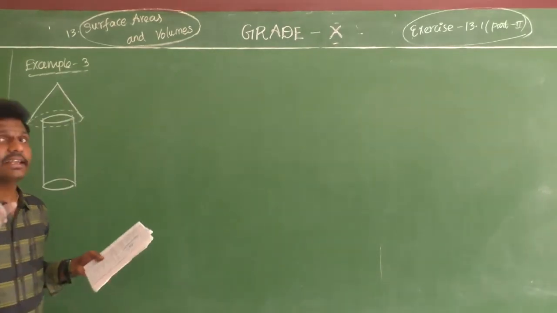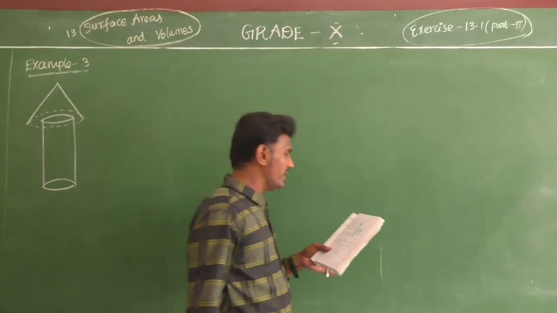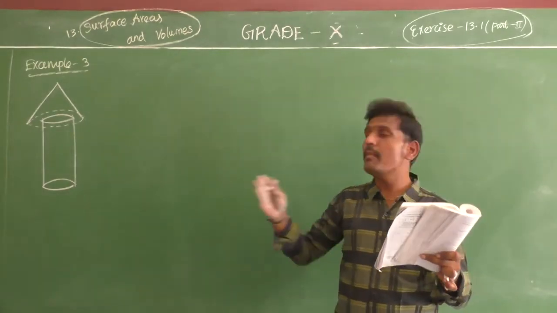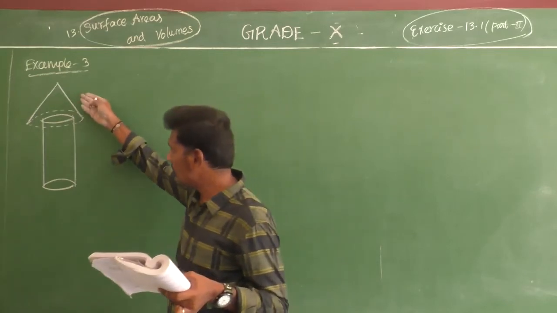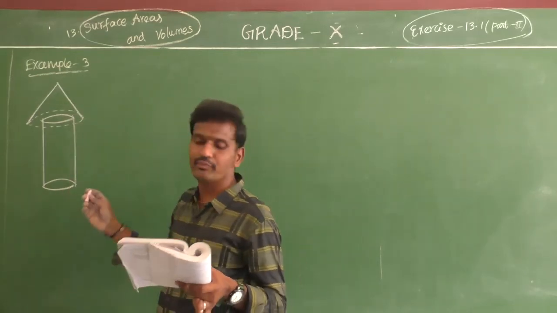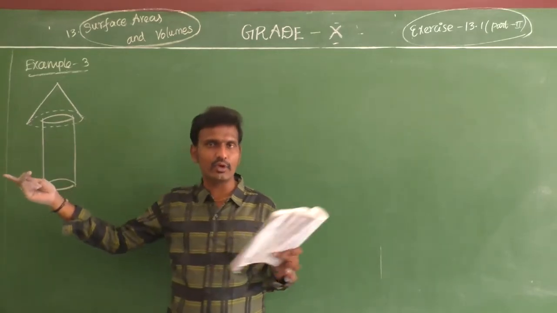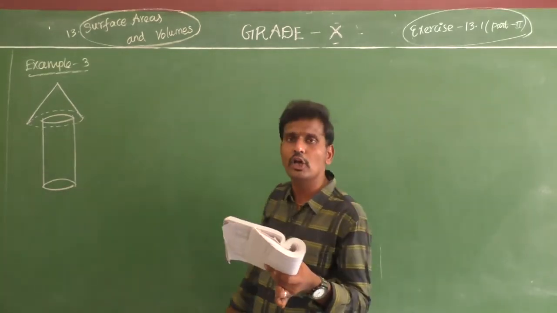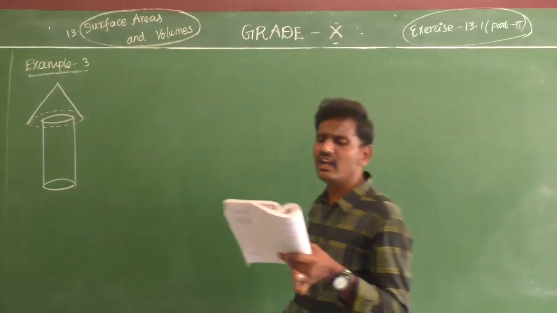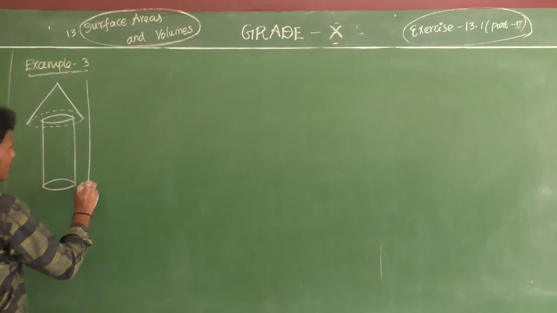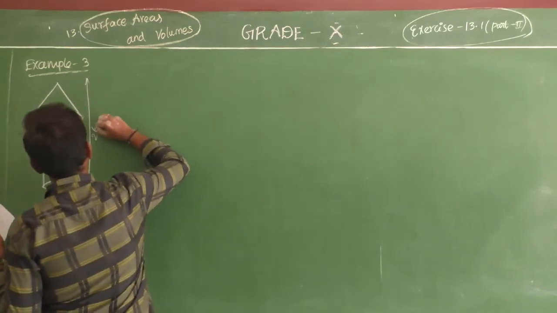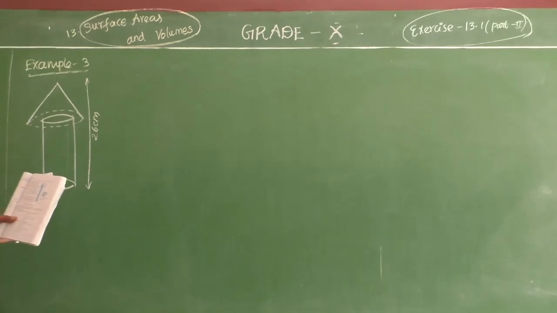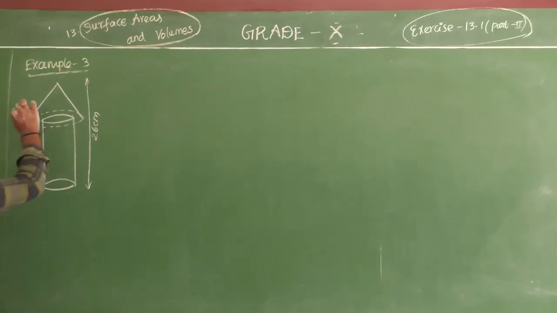So I am giving the question, listen carefully all of you. A wooden toy rocket is in the shape of a cone mounted by a cylinder. A cone that is mounted by a cylinder. Now I am giving you some expander like this. Look at your book, page number 243. The height of the entire rocket is 26 centimeter, and the height of the conical portion is 6 centimeter. So this is your standard only, no?